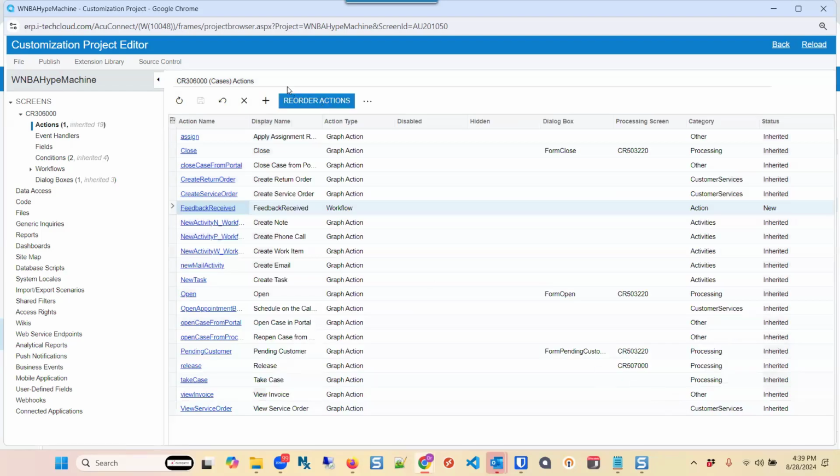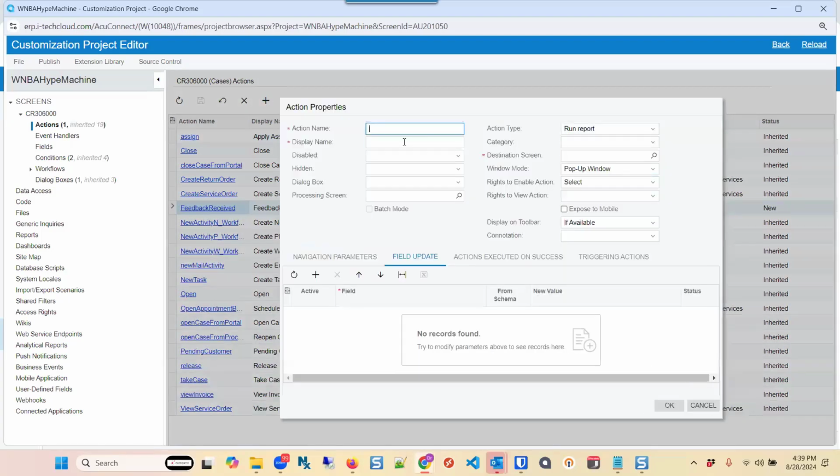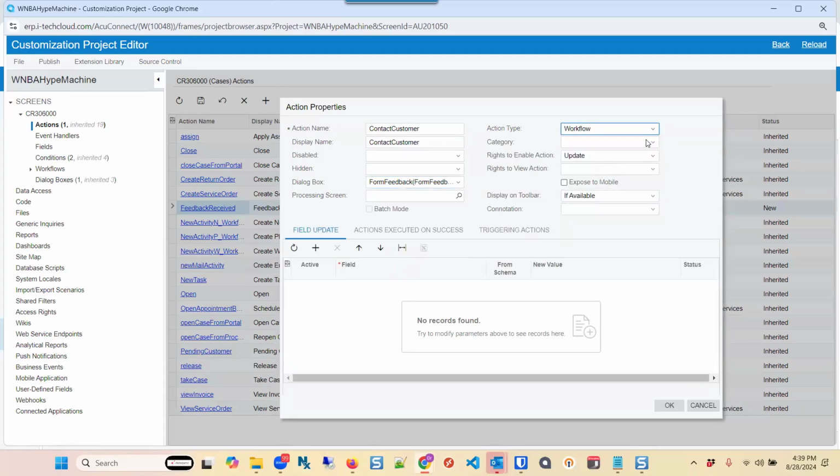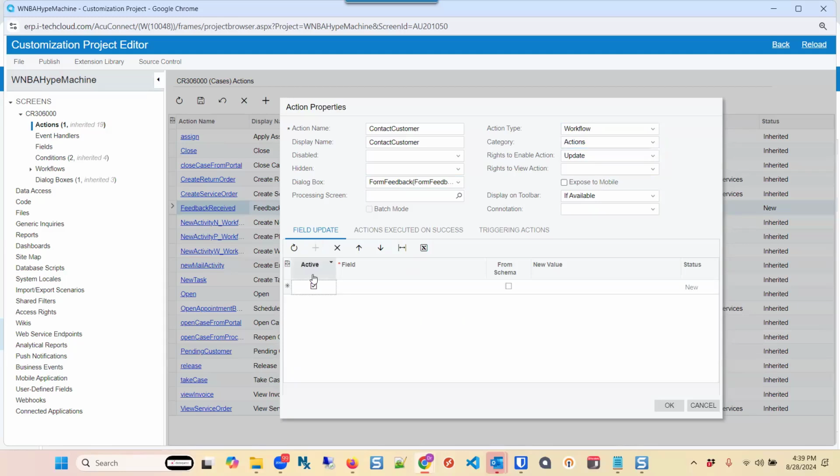All right. The next one is more complicated. It's going to be contact customer. Okay. And that one's going to call the dialog box, form feedback. The action type is workflow. The category is actions. And then in the fields to update, we're going to say feedback, which is feedback received, from schema is true. Okay. And then add a new